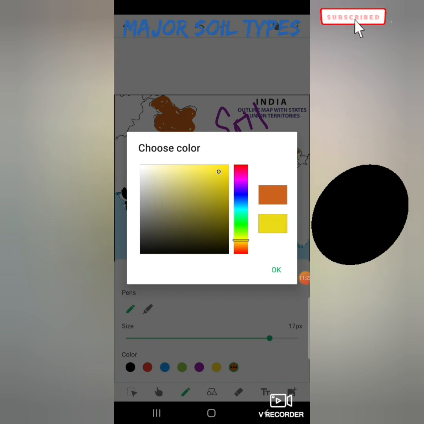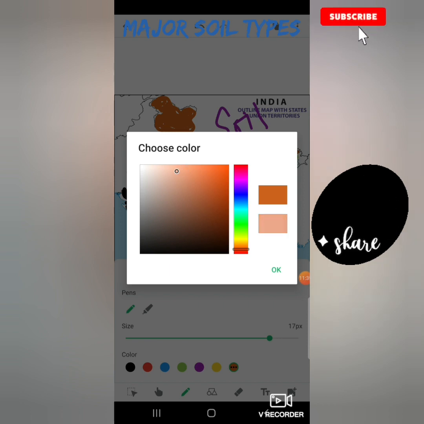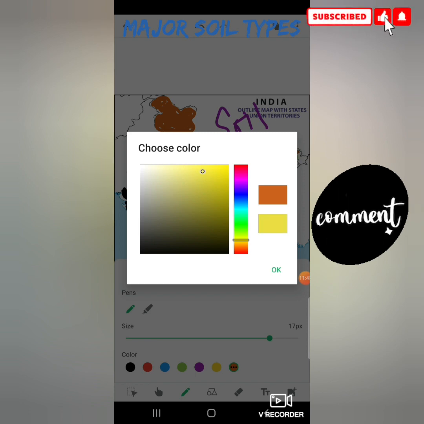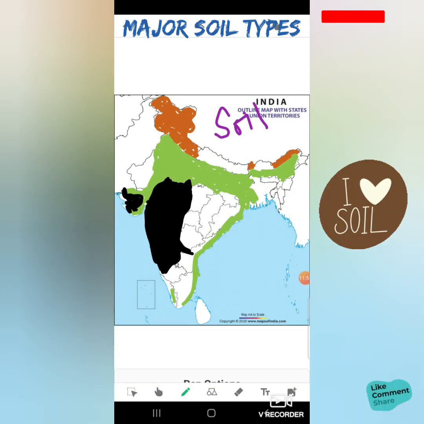It's not actually, the pure orange is not coming, as I have given a little bit of light brown to the forest and mountainous area. So let me take some different color which is not even yellow, which is not even red. So that kind of color only I can take. No, this is not right either. So let me take a little yellowish color. A light color I have chosen.